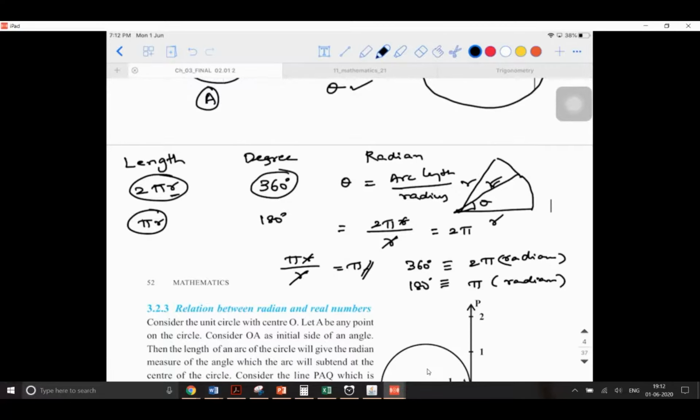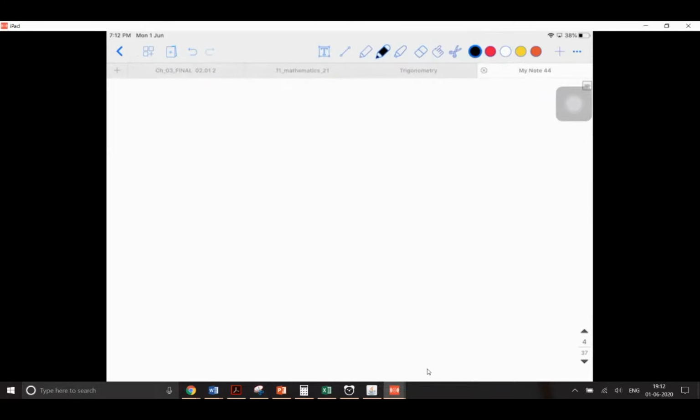Now observe. I'm going to use the same logic, nothing outside it. One thing I'm clear on is that I'm not going to include anything with respect to length now, only radian and degree. So I have clarity. I know 360 degrees is equal to 2 pi radians. Now 1 degree will be equal to how many radians?